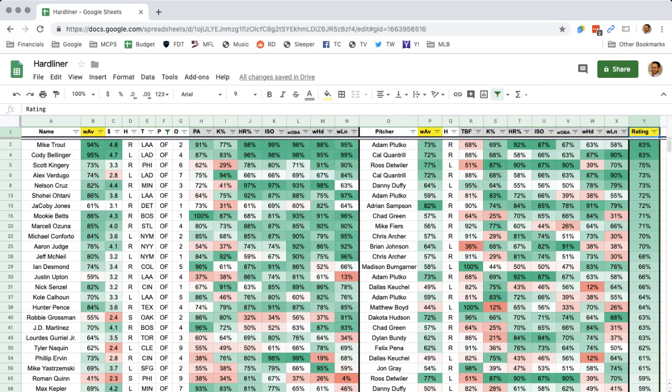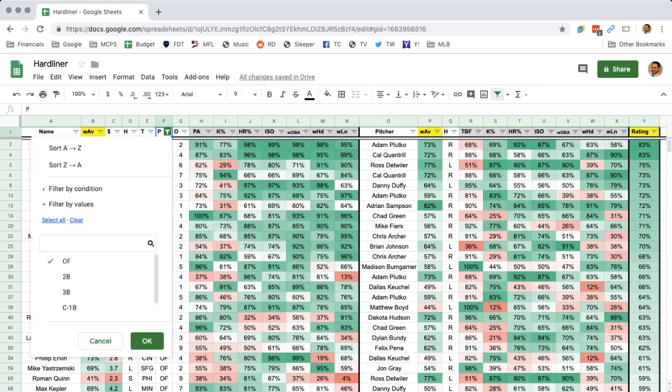I don't know how many line drives the guy hits too, but those four boxes: home run, ISO, wOBA, hard, means he's an elite power hitter, and we already knew that about him, but this just defines him as such. And Duffy gives up the hard contact, doesn't strike out a lot of guys, so it's a nice spot for Nelson. All right, let's move into stacks, and then I'm going to take my boy outside.